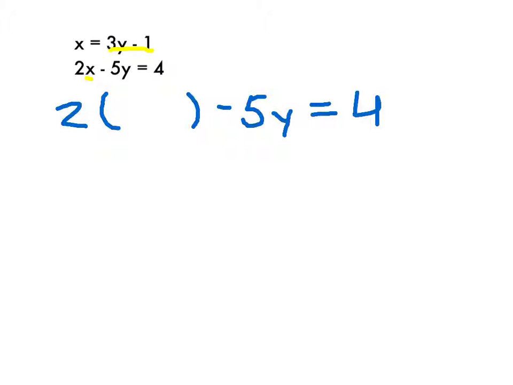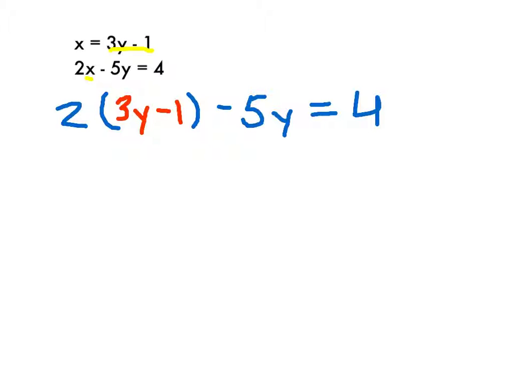So since x equals 3y minus 1, we see that right here in the top equation, x equals 3y minus 1. Instead of writing x in this portion, I'm going to go ahead and write 3y minus 1. And the reason why I can do that is because they are equal. So that, in my opinion, is one of the toughest parts about these problems, making sure you plug everything in